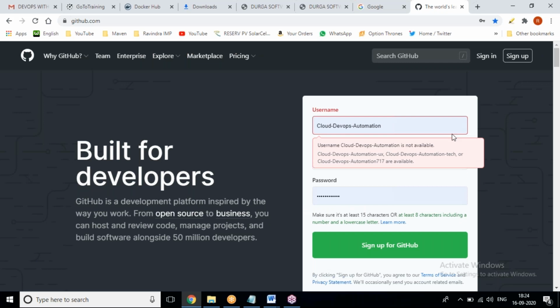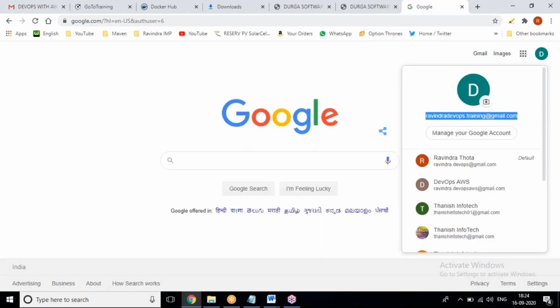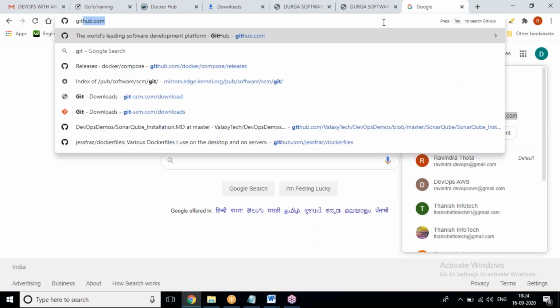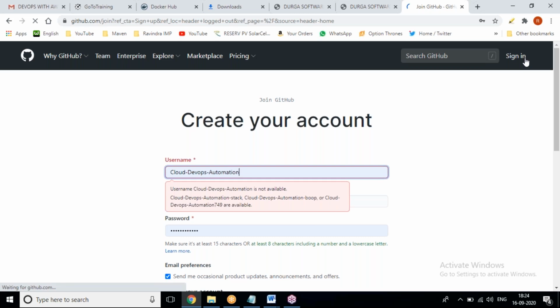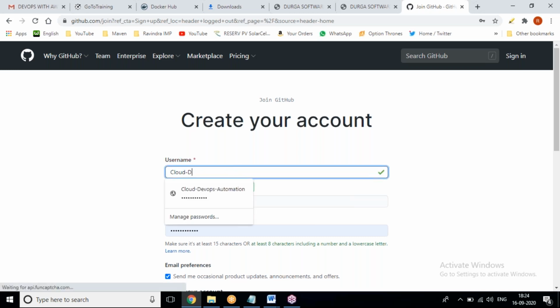Whenever you launch GitHub for the first time, you will get a page like this. Now click on sign up.